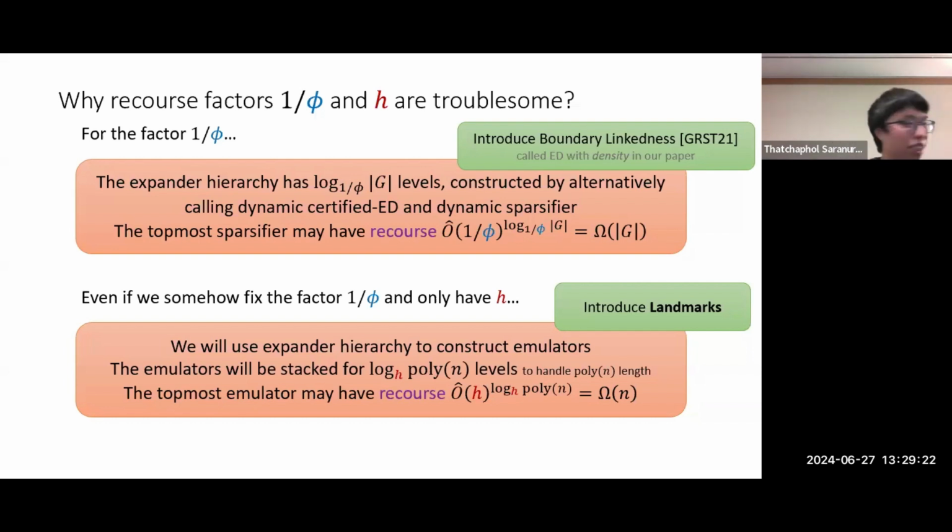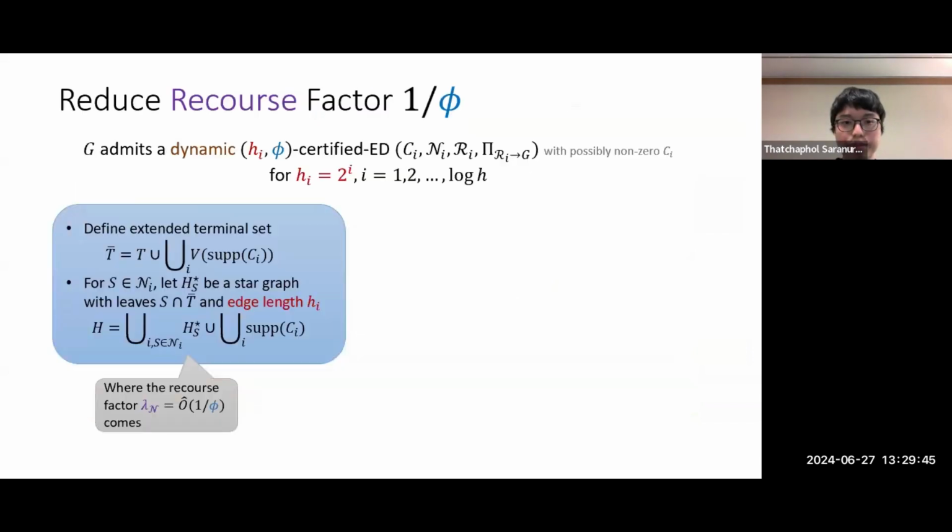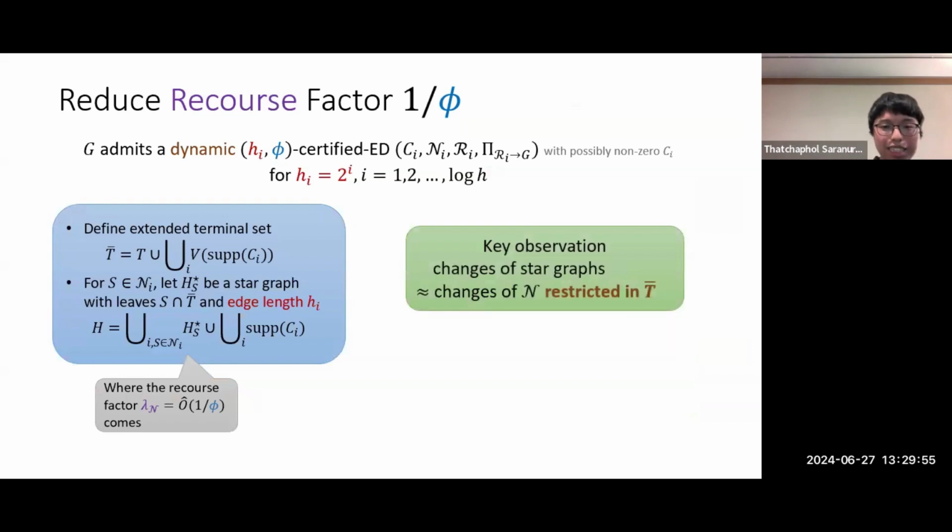And the techniques to solve these two issues: for the first, 1/ε, it is kind of similar to the idea in the normal expander hierarchy, where we introduced boundary linkness. But to solve these H factors, we will introduce a new concept called landmarks. Yeah, and let's talk about how to use boundary linkness to solve this recourse factor 1/ε. And the key observation is that